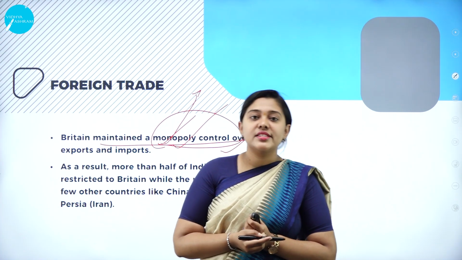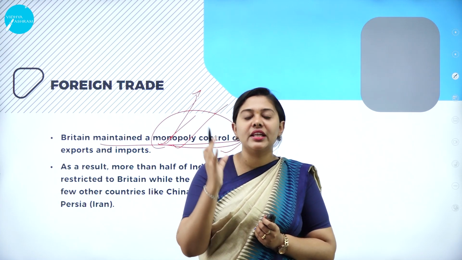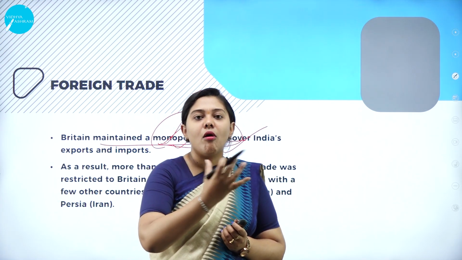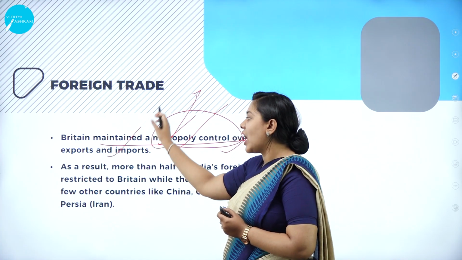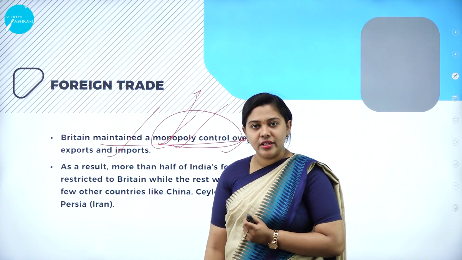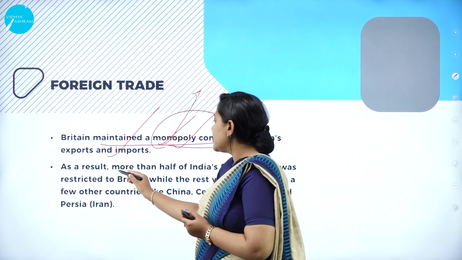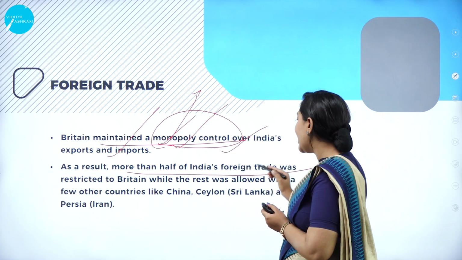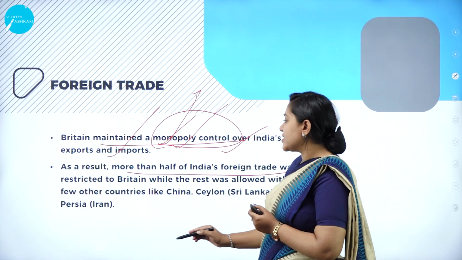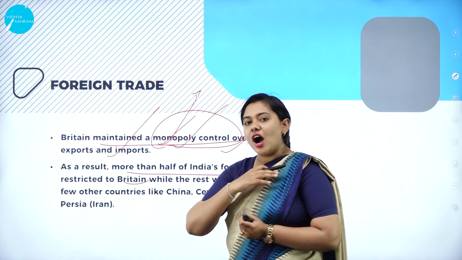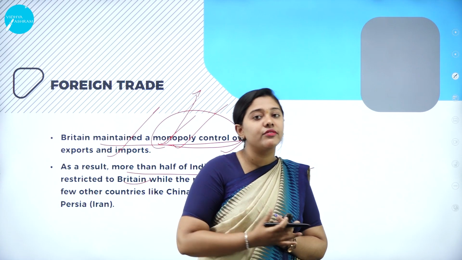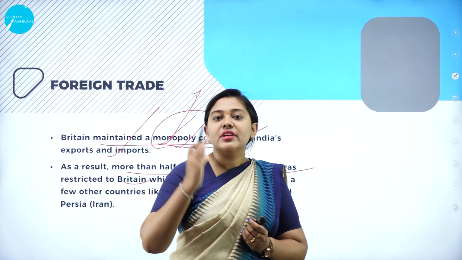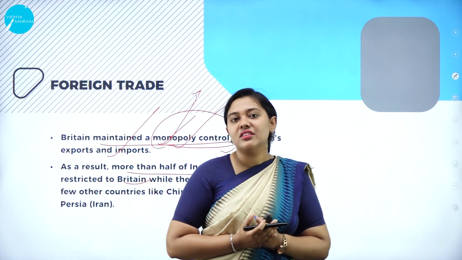So they were the single seller. The British mainly were the single seller, and all the Indians were buyers. So they had a lot of control over India's export and import. As a result, more than half of India's foreign trade was restricted to Britain. Whatever commodity we were producing was restricted to Britain itself,